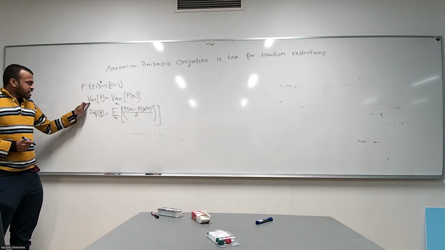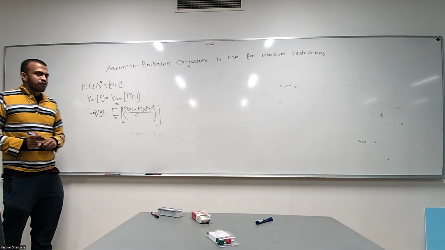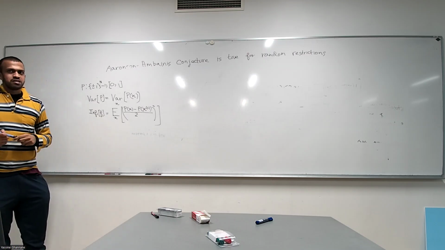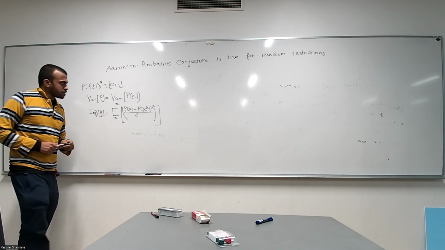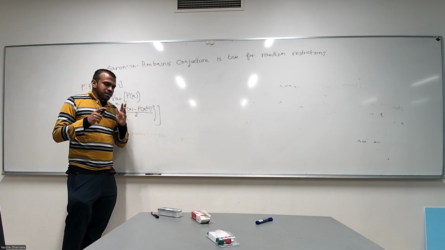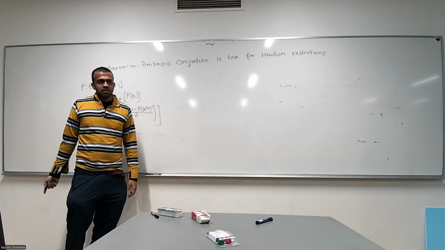Now note that if the variance of P is small, then we don't need to query anything. We can just output the mean of P. And just by the definition of the variance, we know that is a good approximation. Now, Aaronson and Ambainis suggested the following query algorithm. So this is your polynomial. Suppose the variance of your polynomial is small, then you're done already. You don't need to do anything, just output its mean.